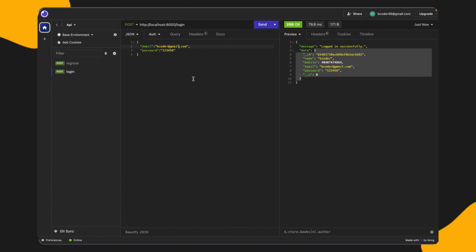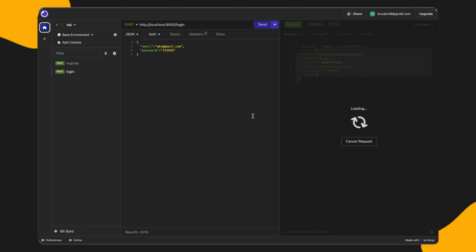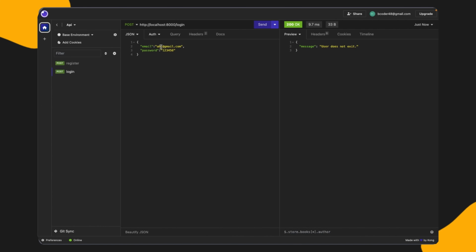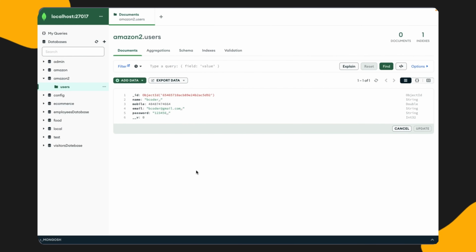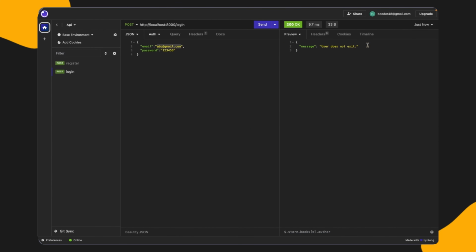And let's see if I give a different email ID, suppose ABC, what the response will be. Now you can see I am giving a different email ID that is not present in the database, and it is giving me user does not exist.